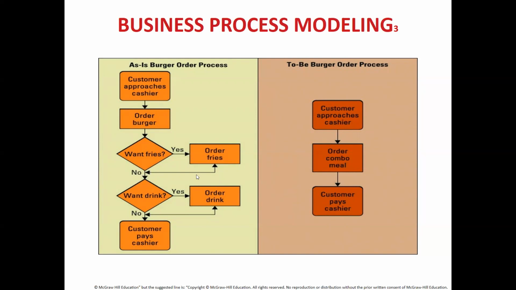Do you want drinks? Either the customer would say yes to both or no to one of them. Now, over here, it's just a combo. It doesn't give any option to the customer. So the customer comes, buys, and generally ends up buying the entire package, making nearly the same amount of money as this one if he or she buys both the optional items. Also do note that this would take less time because the customer just orders a combo.